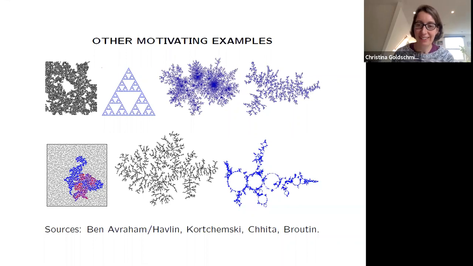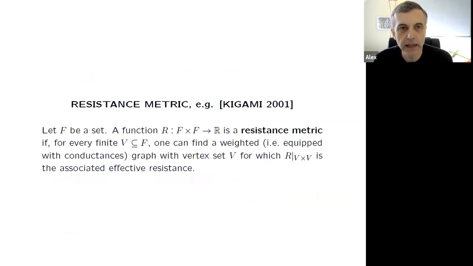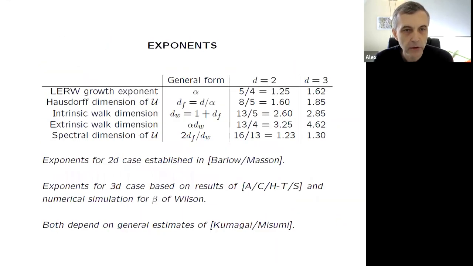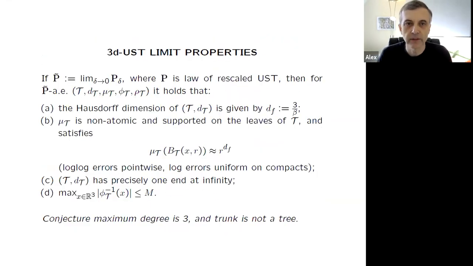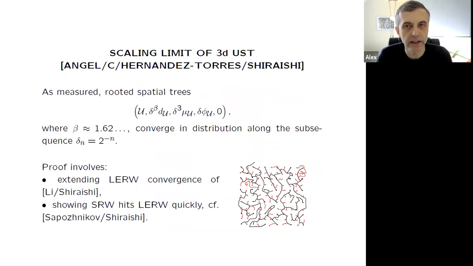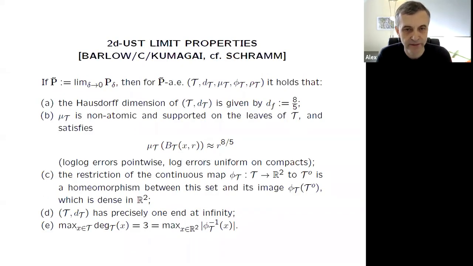Alex, go ahead. Yeah, David, thank you for a lovely talk. So actually, Christina just asked one of my questions, but my other question was, in 2 dimensions, you said that the limiting tree has almost surely a unique end, a single end. Right. So from the origin to infinity, or from anywhere to infinity, you get some path. Can you say anything about what that path looks like? Does it look like a loop-erased random walk, or is it something completely different?